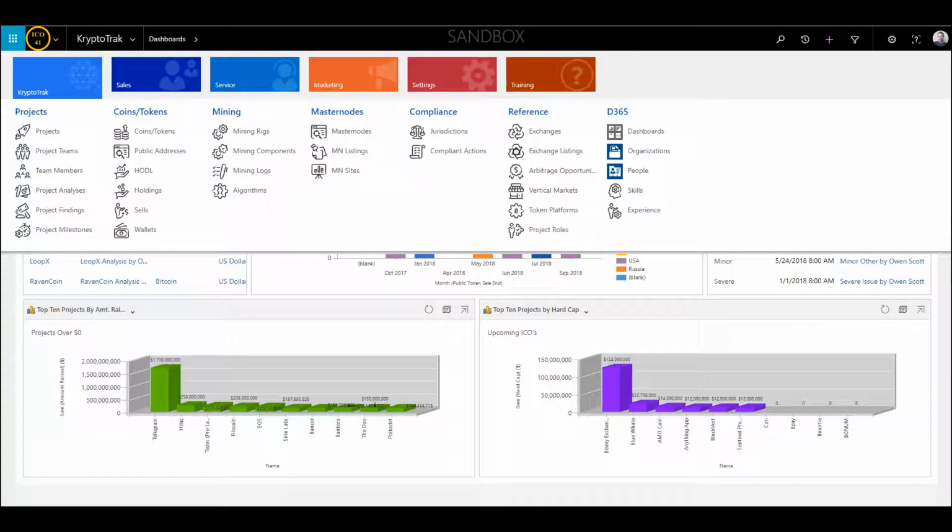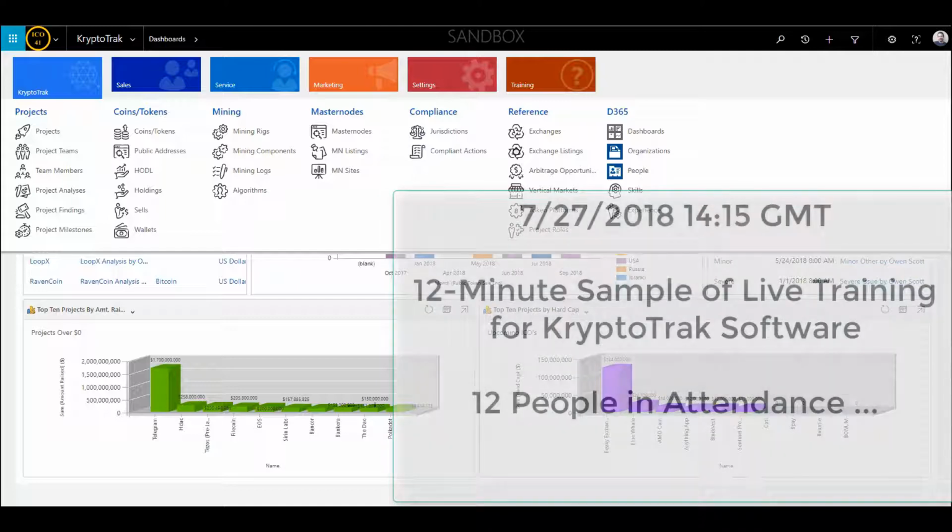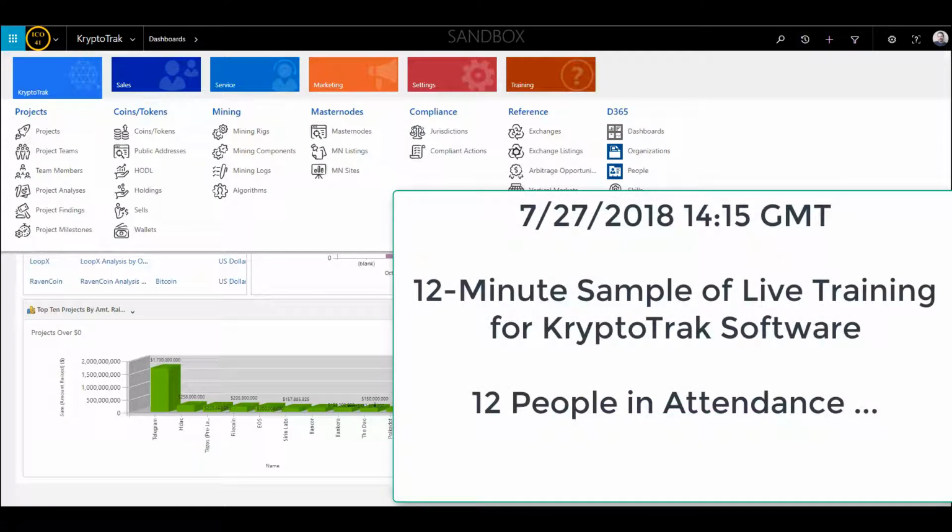Okay, so in this part of the training today, I think that we've agreed that we're going to talk about dashboards. And before I start to drill down and really show the whole concept of dashboards and so forth,